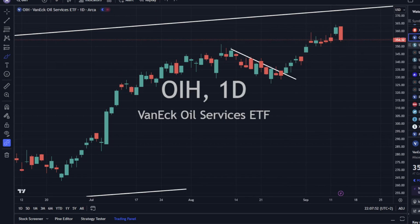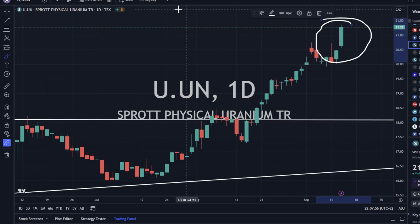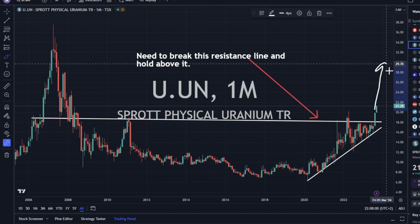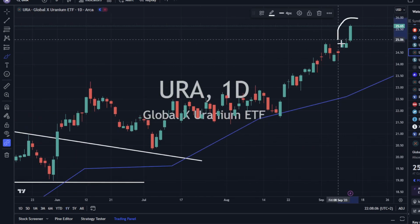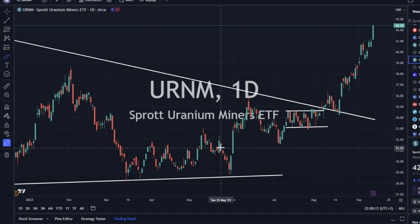Sprout Physical Uranium Trust, ripping it to the upside. Looks fantastic there. And we could see this continue to the upside. URA also ripping it. Nice strong finish. Looks good. Everything still looks good to go higher. URNM also following the train,